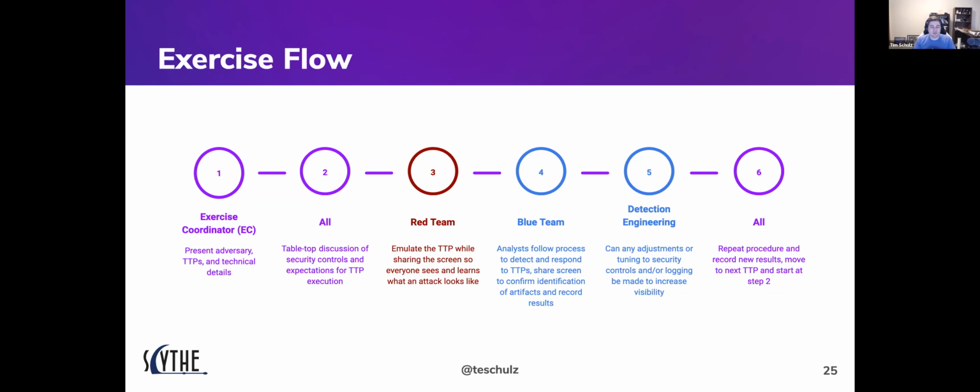Afterward, you're going to have this tabletop discussion. Step 2, we're going into what are the expectations, what's supposed to happen after this initial piece of malware lands, and what are the security controls we expect to trigger. Is anything going to trigger, or what events are going to be logged? So this can be the first point where it reveals that maybe you all have 10 different products, and as you go through this with each of the steps, you really find out only 3 or 4 are actually expected to do anything. And so maybe those other 6 are for something else, but that's the first